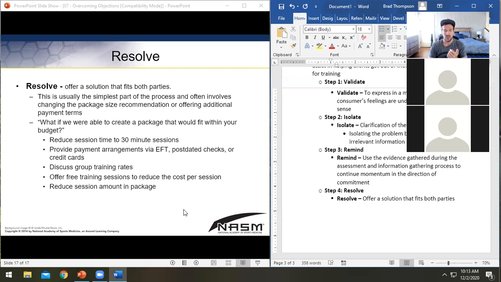It is the best. Maybe you can offer free training sessions if that's within your budget and you're willing to do that. And then maybe there are promotional deals. A lot of times you can go to your boss, go to your manager, and talk to them. A lot of times they'll have promotions that they can run that are cheaper versions of the session.